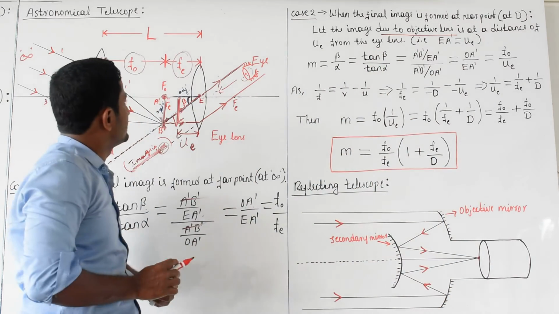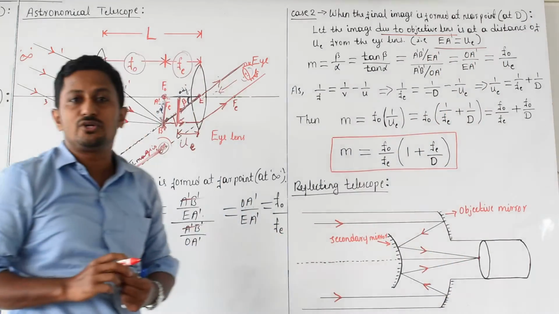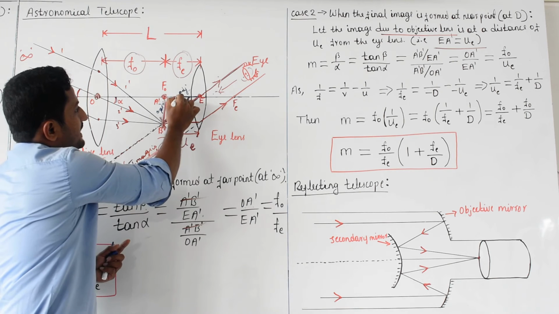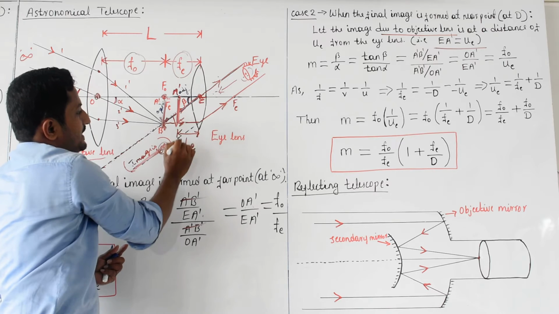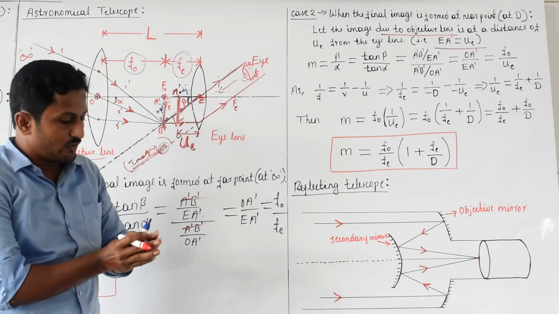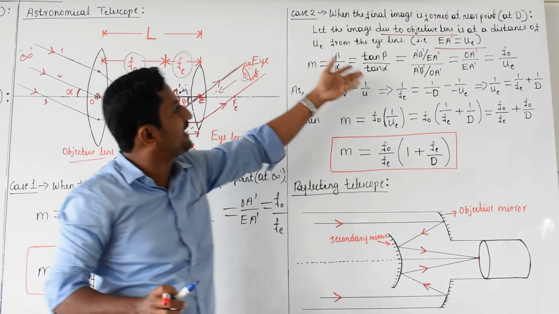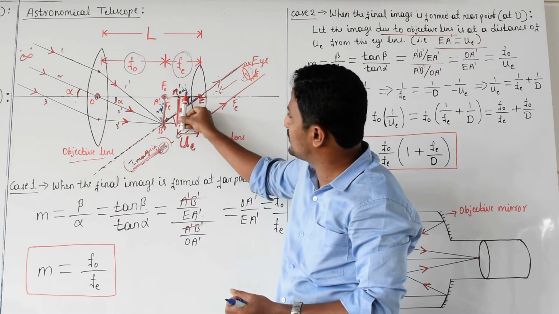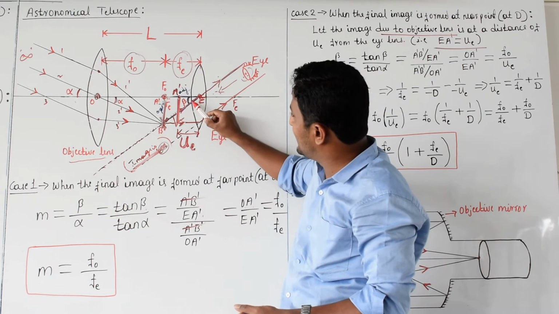Try to understand what I mean to say. Here I have written EA' is equal to UE. This is E, this is A'. EA' is right now UE. Now look here again, that magnifying formula, beta by alpha. Again the tan function; the same diagram, the same analysis will come. Only this object is going to shift like this. Finally, its image is going to be produced at the D point.